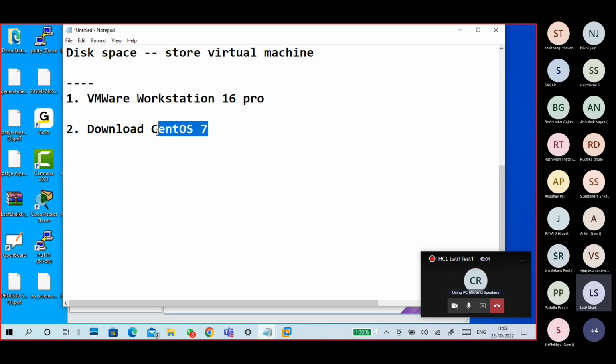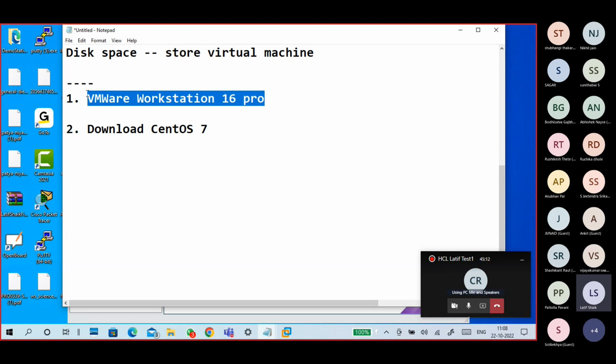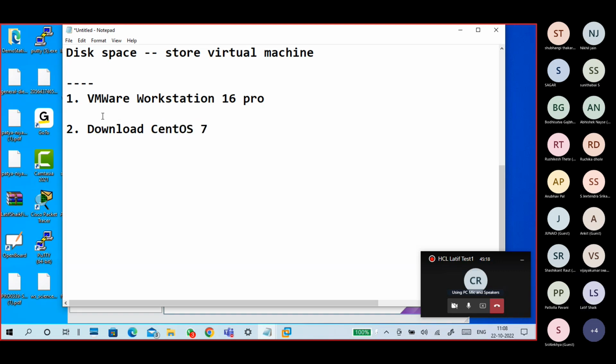So compulsory, you have to download the required operating system, and then we can install. The application does not contain any operating system; you need the required operating system. So the first point is, if you do not have VMware, then download and install